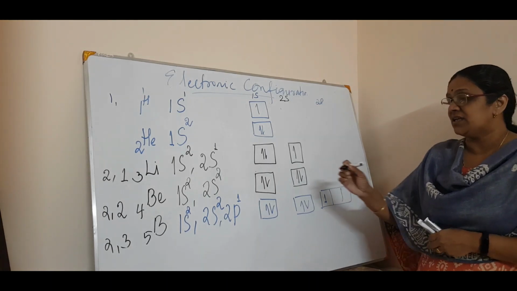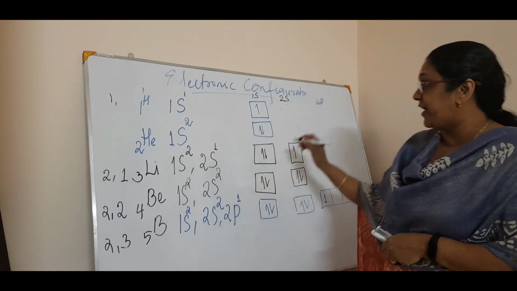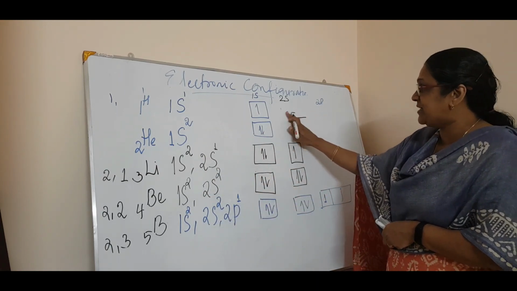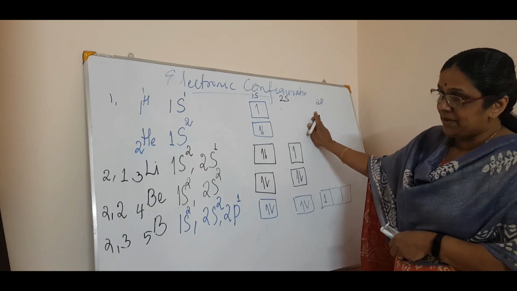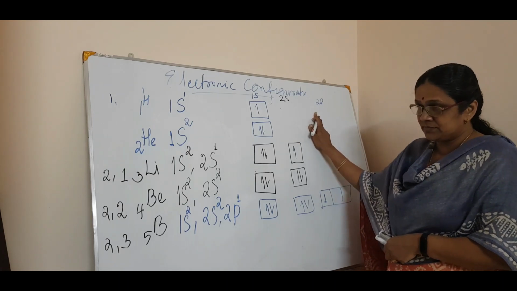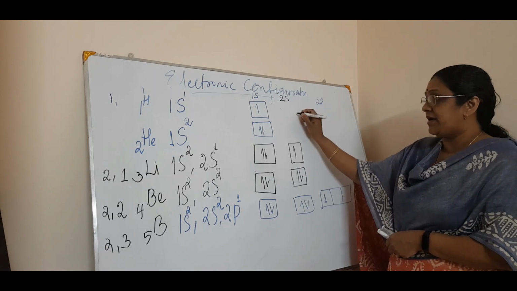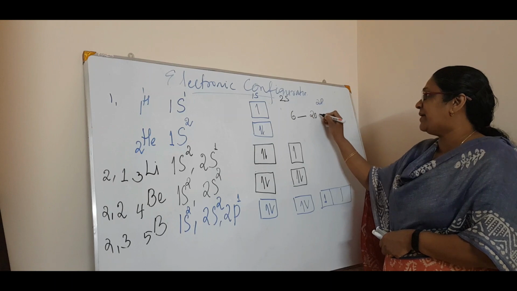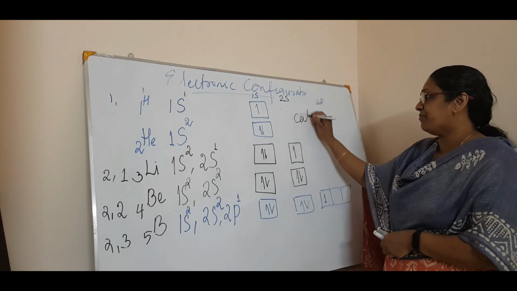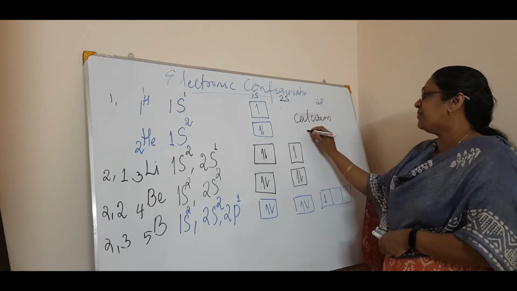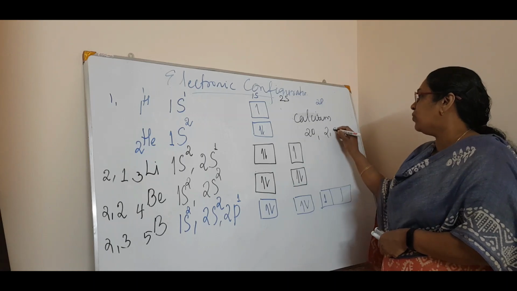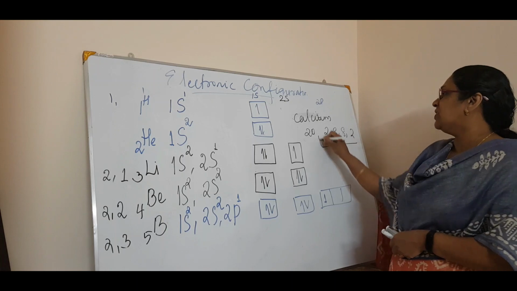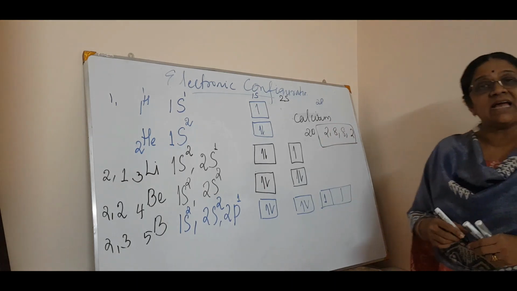So the homework is, this is 1, 2, 3, 4, 5. Now you have to write from atomic number 5, which means lithium, beryllium, boron. Okay, now is carbon. So from the 6th to the first 20 elements, till calcium. Okay, till calcium, that is 20. That is 2, 8, 8, 2. You just write till calcium.